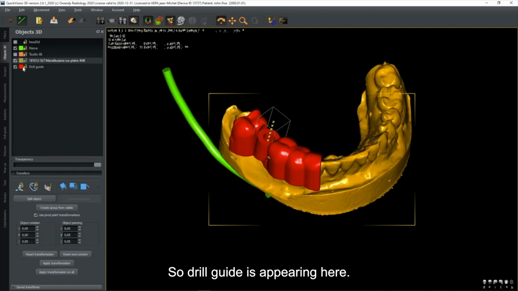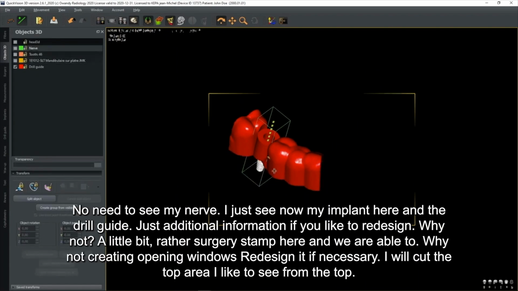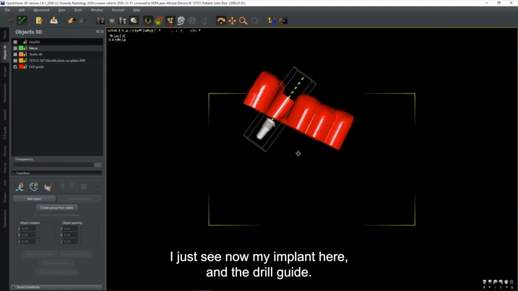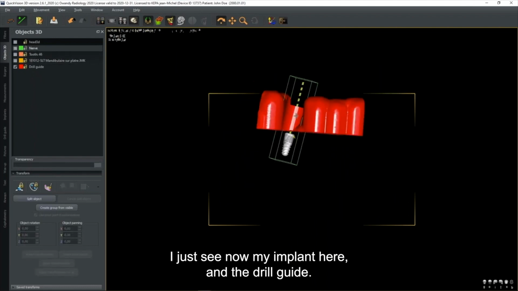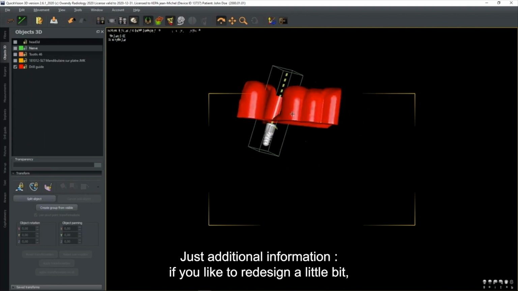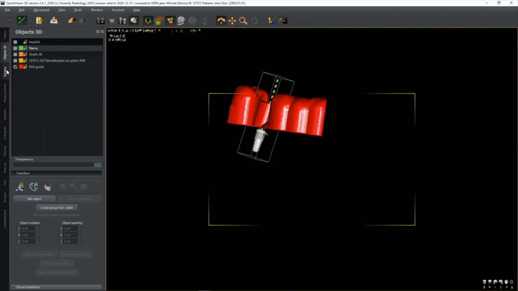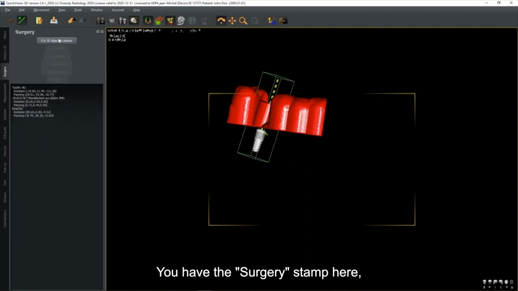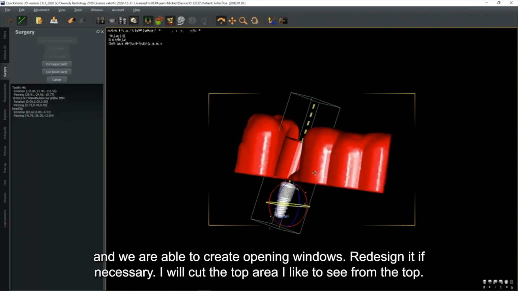Well, the drill guide is appearing here. I don't need to see my nerve. I just see now my implant here and the drill guide. Just additional information: if you would like to redesign, why not a little bit? We have a surgery stamp here, and we are able to create opening windows,